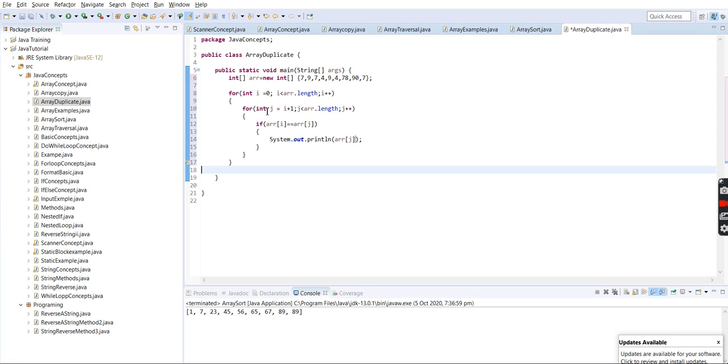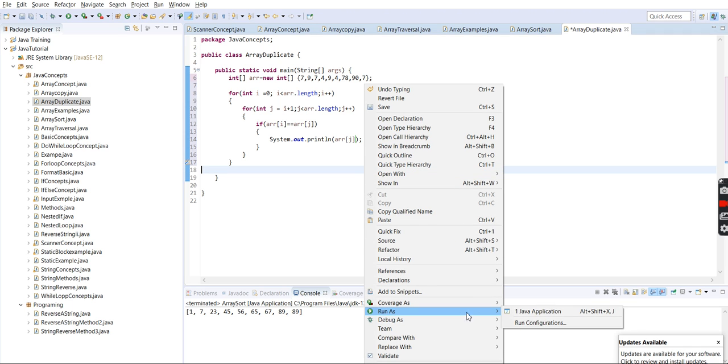It will try to match whether the value we have considered in the outer for loop is matching in the j for loop or not. If a match is found, then it will print the matched value. Suppose we are matching the 7, when it comes to j and iterates through the first index, sorry, in the second number only, it will get the 7, so it will print the 7. So we'll try to run this program and we'll see.